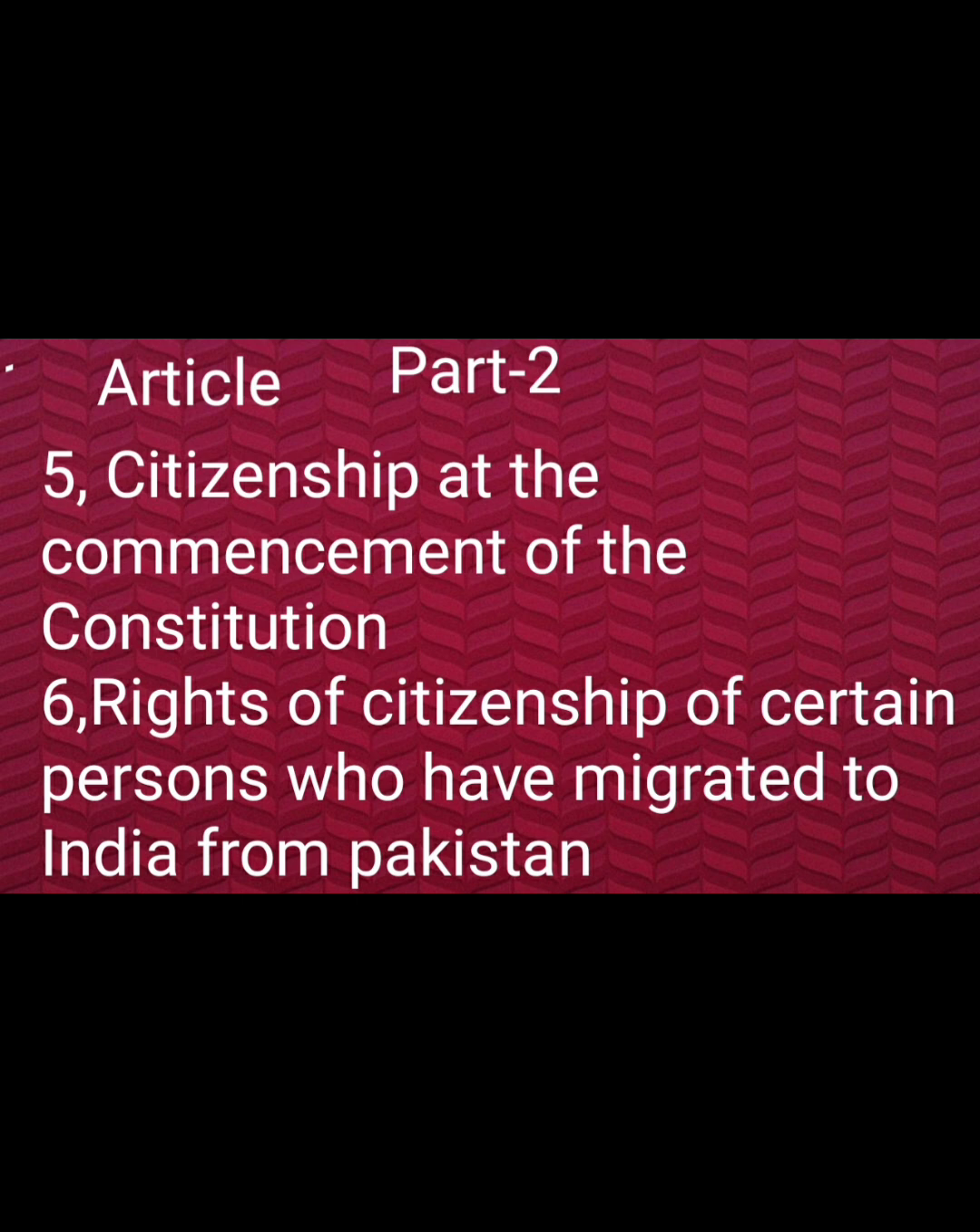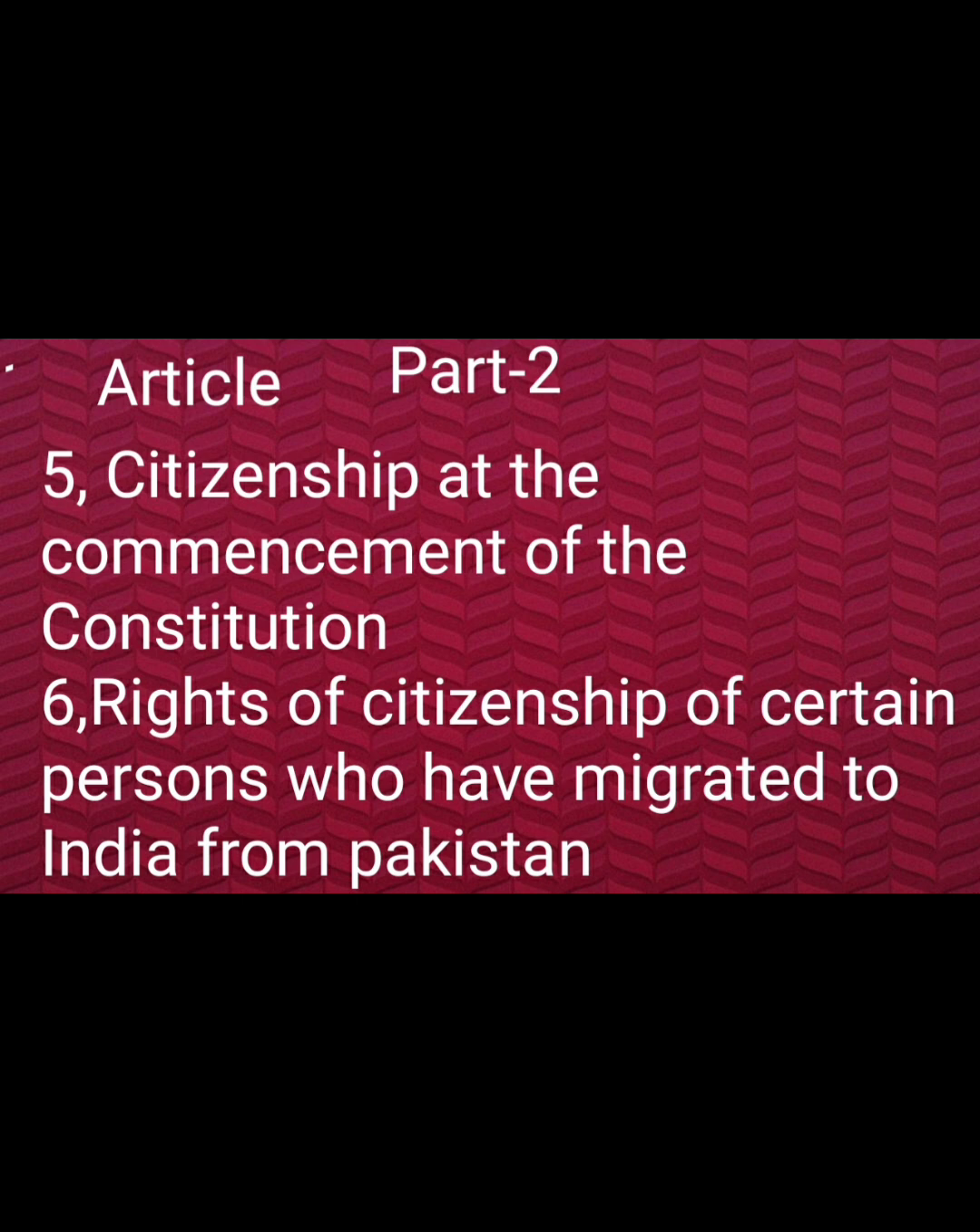Article 6. Rights of citizenship of certain persons who have migrated to India from Pakistan. Notwithstanding anything in Article 5, a person who has migrated to the territory of India from the territory now included in Pakistan shall be deemed to be a citizen of India at the commencement of this Constitution if A. He or either of his parents or any of his grandparents was born in India as defined in the Government of India Act, 1935, as originally enacted, and